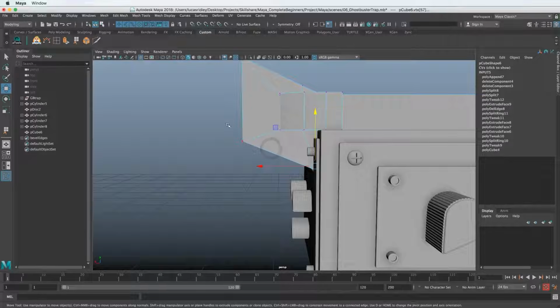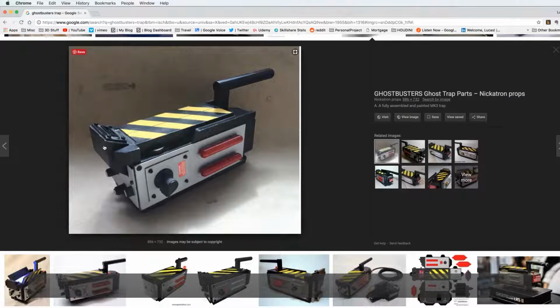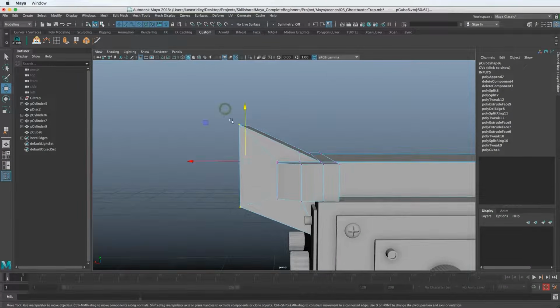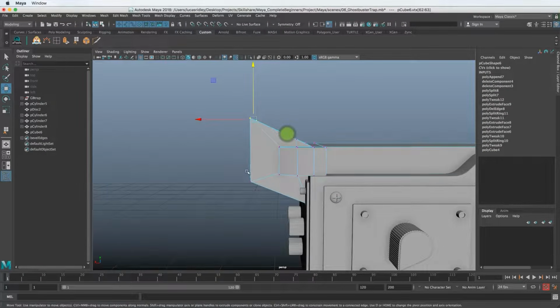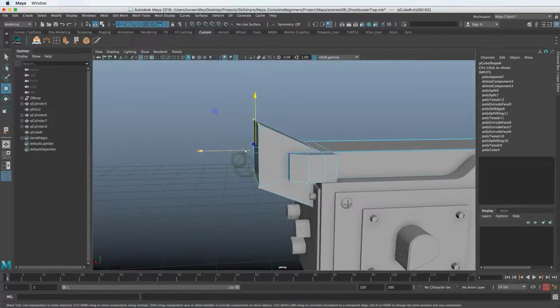You don't necessarily have to attach these things, and this needs to go way closer to the edge. I'm going to Control Shift drag, because again, if I were to shift select that, it'll deselect it. So again, shift drag, it won't select everything. You have to Control Shift select, Control Shift drag to select that stuff.